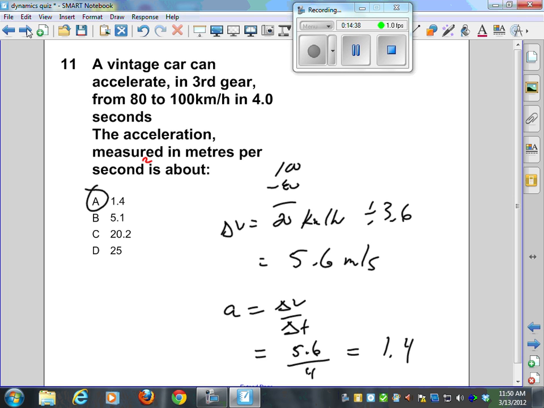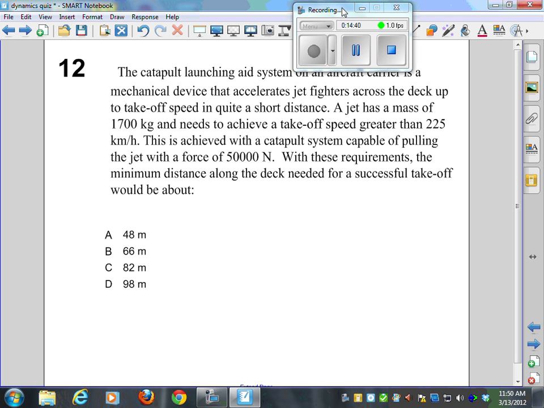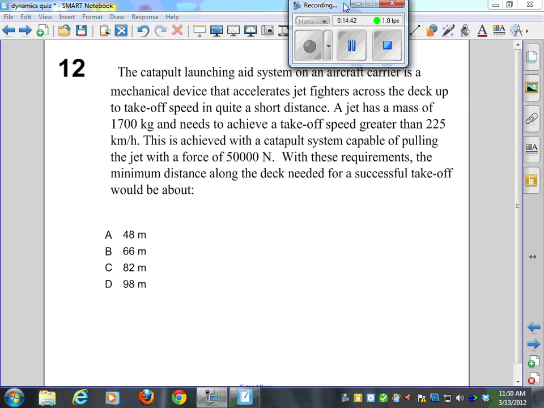And number 12. Now, number 12 is the hardest one of the bunch. The catapult launching aid system on an aircraft carrier is a mechanical device that accelerates jet fighters across the deck up to takeoff speed in quite a short distance. A jet has a mass of 1,700 kilograms and needs to achieve a takeoff speed greater than 225. This is achieved with a catapult system capable of pulling the jet with a force of 50,000 newtons. With these requirements, the minimum distance along the deck needed for a successful takeoff would be. In other words, how long does the deck on an aircraft carrier need to be? Okay, so we've got